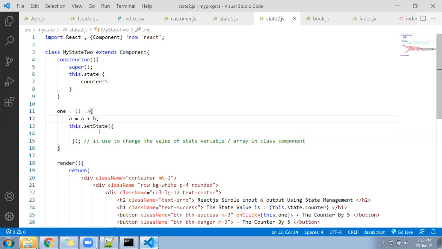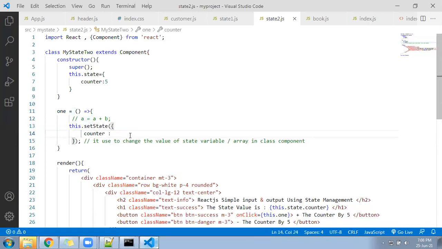Now the setState function is also going to work on the same formula. I'll comment this line. It says, what is your previous variable? So our previous variable is counter. What you want to do in that? You want to update it by something, you want to add something. So you cannot write directly. You have to write like this: your state variable, colon. Instead of equal to, you are going to write a colon.